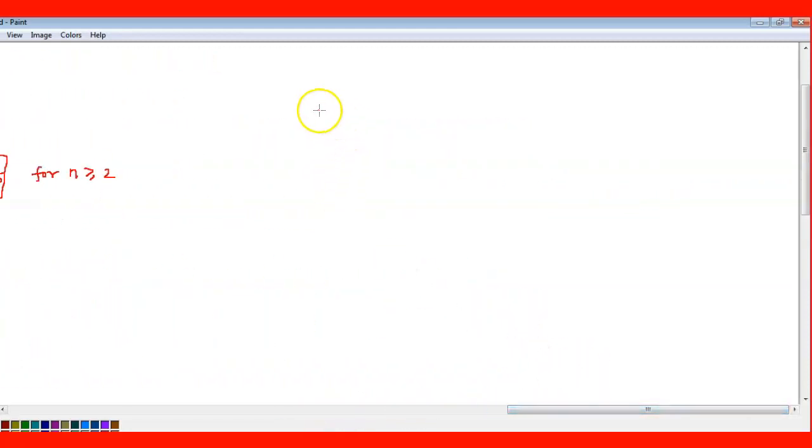Consider an is equal to 2 minus 1 to the power of n. This one is given. So you tell me what we can substitute first. We can check out what the series is. N is equal to 1, you put it. So 2 minus 1 to the power 1, which is 3, right?